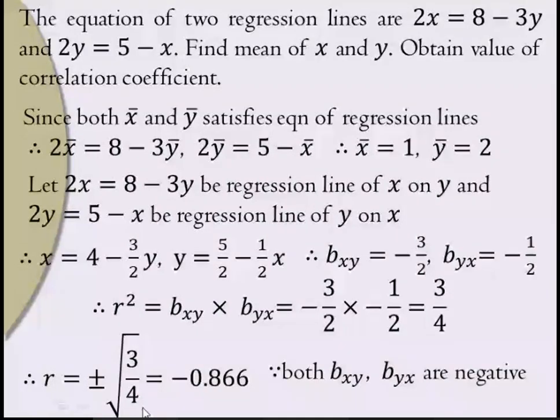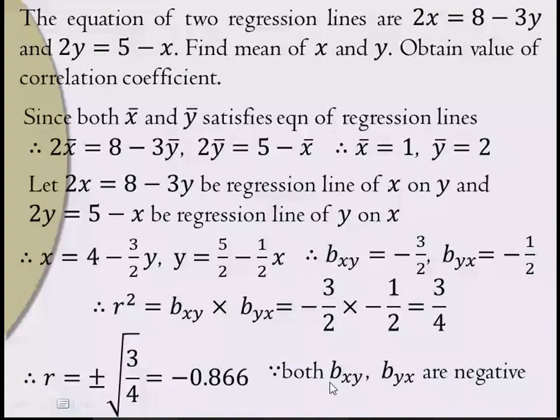If both are negative, take R negative, and if both are positive, take R positive. Very easy, very important. If this R is not between minus 1 and 1, then reverse the choice, because here it is not mentioned which is x on y and which is y on x, so that choice depends on the answer of R. If you get R between 1 and minus 1, then our choice is correct. If R is not